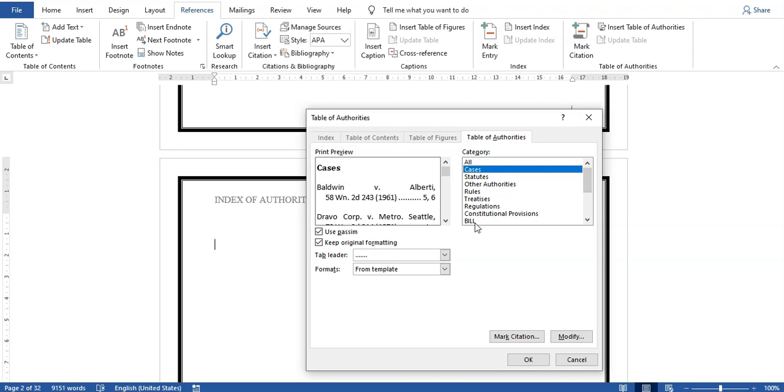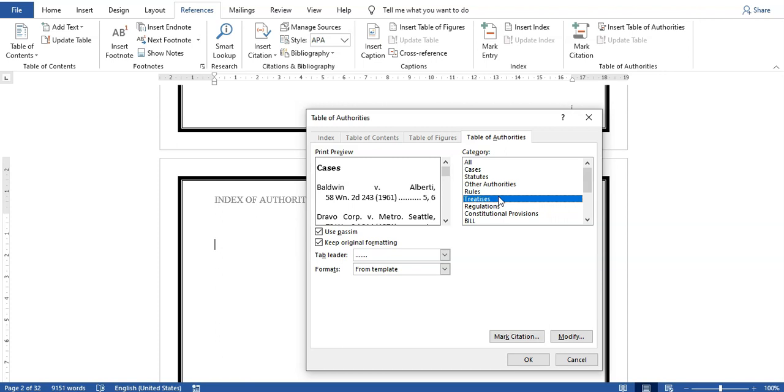And here you can see I have created one extra heading, like bill, because I thought that it should have a separate section. Now sometimes, here treaties is there. Might be you want the heading agreements and treaties. Then you have to modify this particular table of authorities. How we modify it we'll look at a little later, but this is the preparation that you have to do.